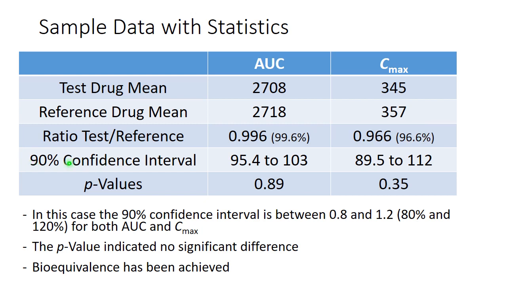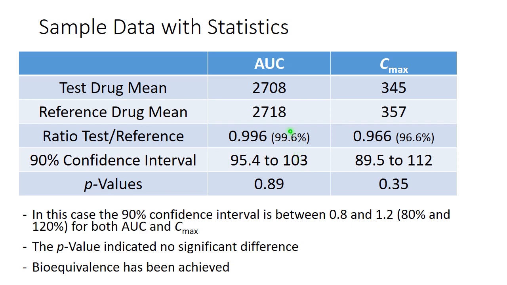And in this data here, this confidence interval data, I'm not asking you to calculate that, and you couldn't calculate that from this, right? You'd have to at least get the number of patients and the standard deviation. So please don't try to figure out how I came up with this. I just made it up. Okay, so if it's, for example, 95.4 to 103,